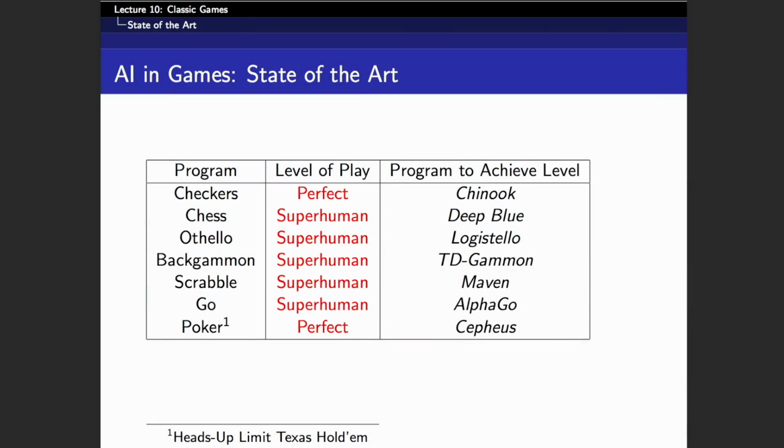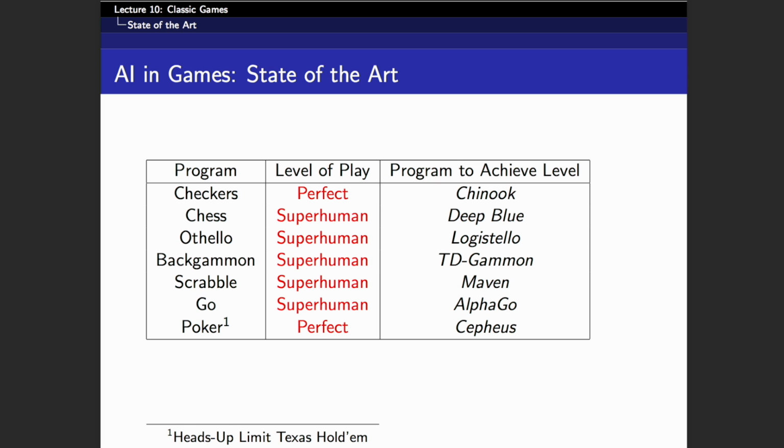So I guess I've given this class for a few years, and each time I give it, this slide changes, actually, which is kind of the state of the art in AI. Like, where have we reached in classic games? And so if you think about some of the best-known games like checkers, chess, Othello, backgammon, Scrabble, Go, poker, we've